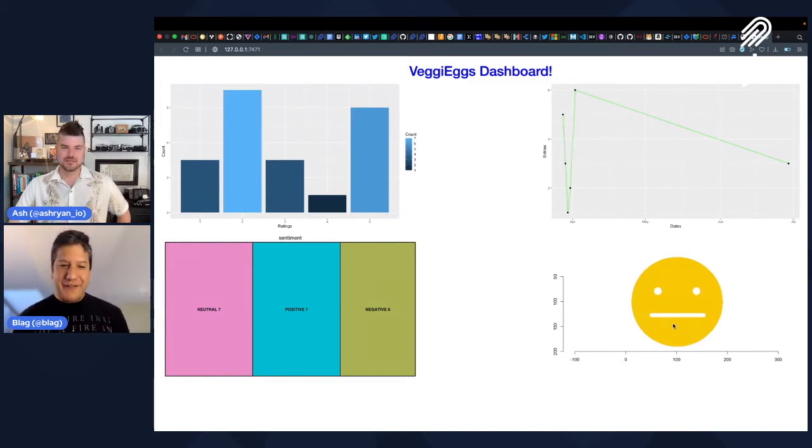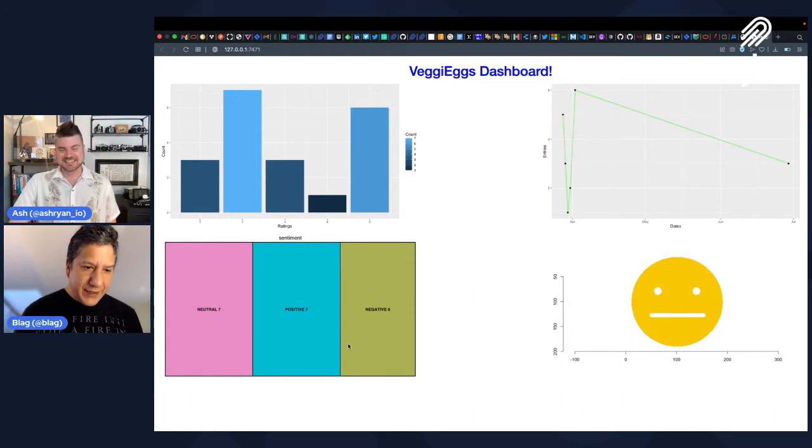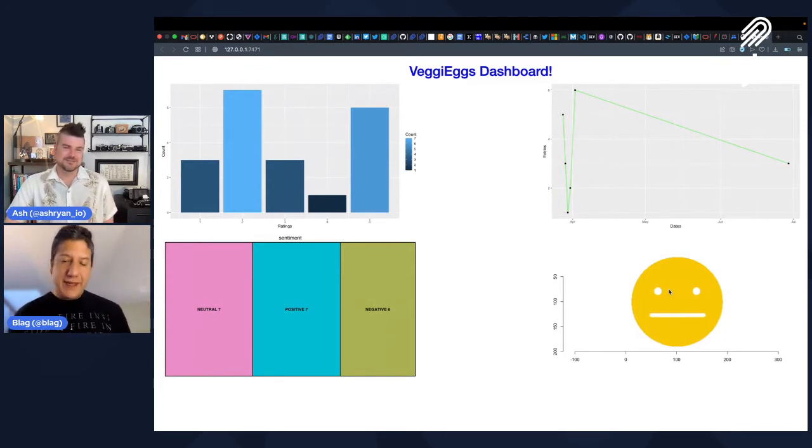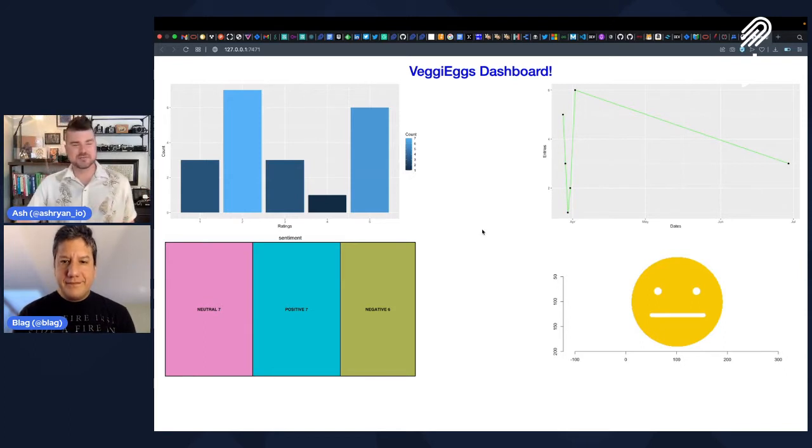That's why we have a neutral face. If we had, let's say, 9 positive, then here would display a happy face. And if we had, I don't know, 10 negative, here would be a sad or angry face. So by just looking at this, you can know how people are reacting to your product. The main takeaway for the company side of this is that this could literally be anything. And we'll dig into what data is actually driving all of this, right?